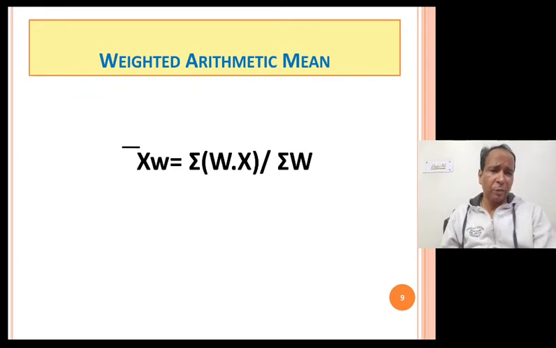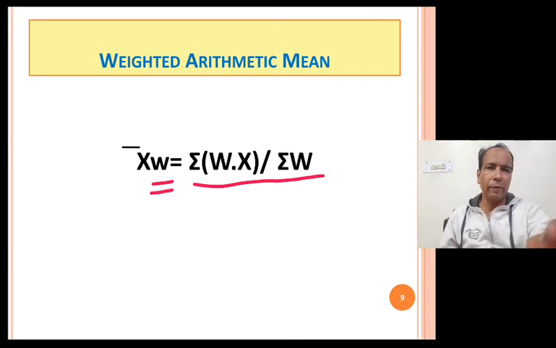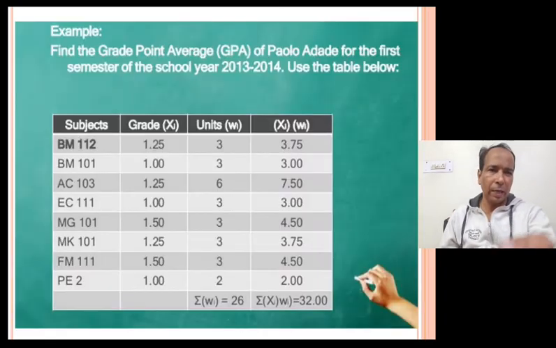Now, weighted arithmetic mean. Many a time, the simple arithmetic mean is not useful, then we need to use the weighted arithmetic mean. The formula is given to you. This is x bar w. W stands for weighted, x bar is the mean. So the weighted arithmetic mean is equal to sigma wx upon sigma w, where w is weight and x is observation. This is the formula by which we will be calculating it.